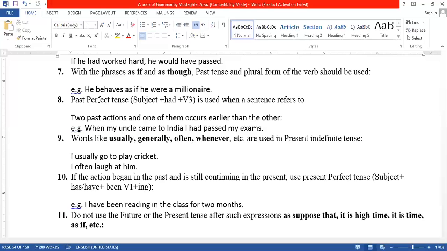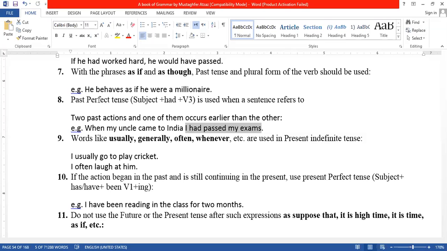But the next qualification is, if we are having two past tenses in the same sentence in different clauses, should they be in equal past? I mean, there are 4 categories of past: past indefinite, past continuous, past perfect, past perfect continuous. For example, if we have written here, when my uncle came to India, everybody knows that this is past indefinite, right? And look at this independent clause, I had passed my exam. And everybody also knows that this is past perfect. Both of them belong to different past categories. Let me tell you that